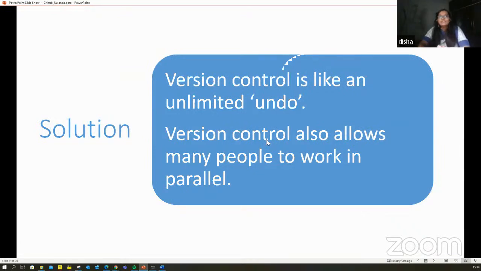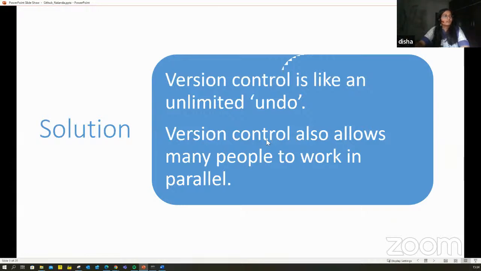Now I'm saying over here on this slide that it is like an unlimited undo, but it's not as simple as an unlimited undo. I'll show you how exactly Git works, and you will understand it's not exactly undo. You still have some limitations, and what those limitations are, we will come to in a second.